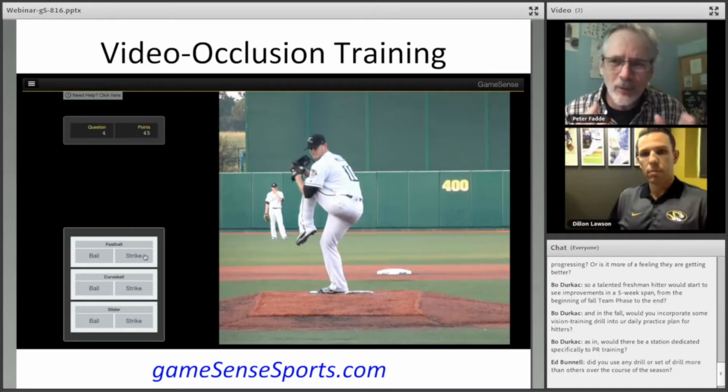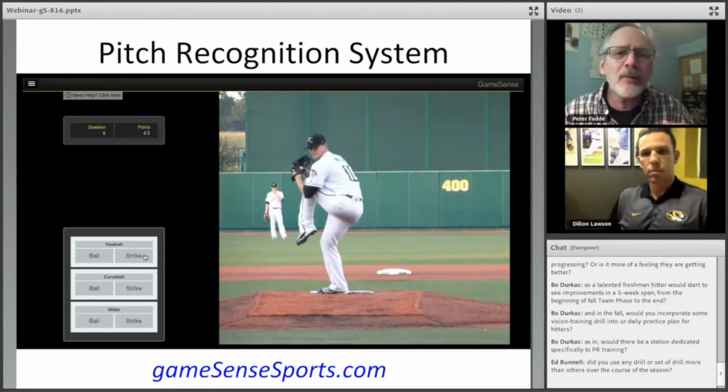that over and over and over again with instant feedback. You guess the pitch type, bam, here's your feedback. You get a score up here on how you're doing. And so, that's where you're building it very much like a muscle. And then we try and turn it into a system.